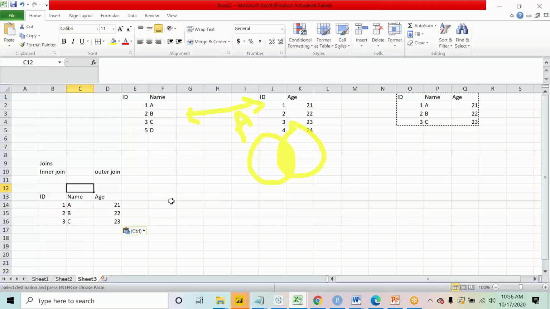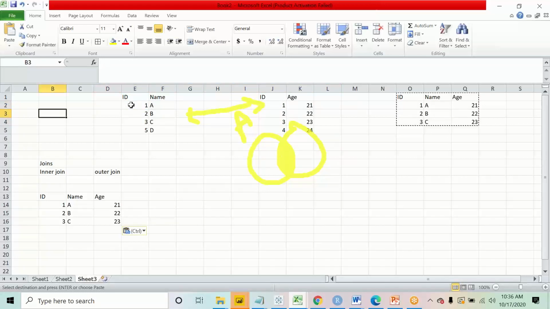Now, if you see, I have the ID, name, and age. When I say IDs which are common, which are the IDs that are common between the two data sets? They are 1, 2, and 3. 1, 2, and 3 are present over here also, and 1, 2, and 3 are present over here also.